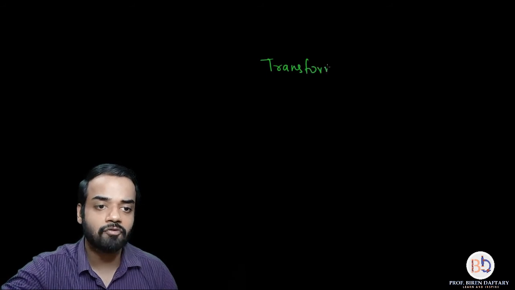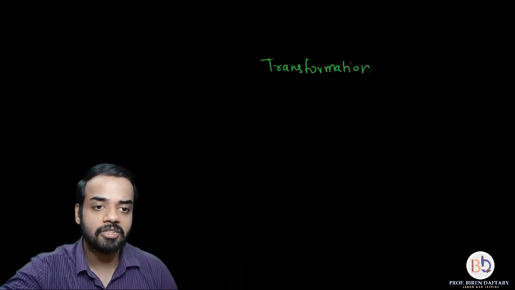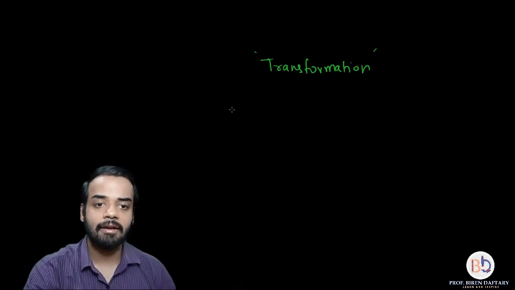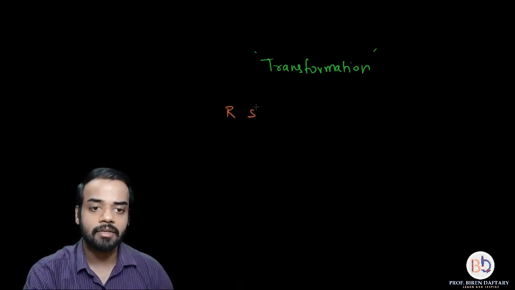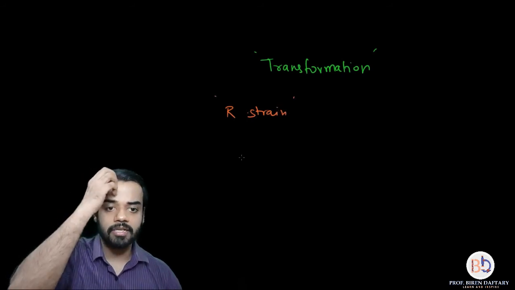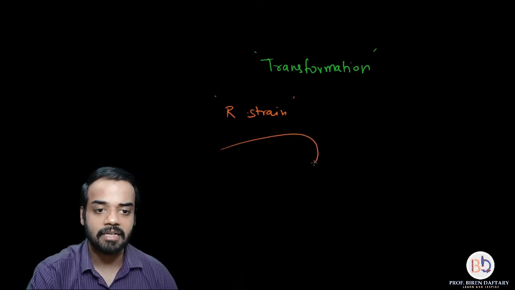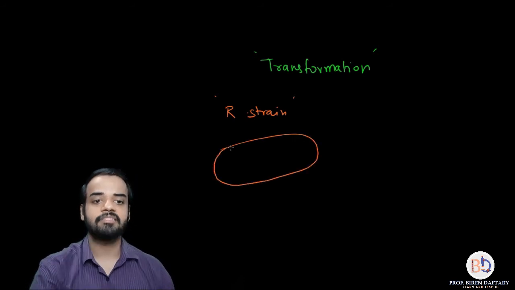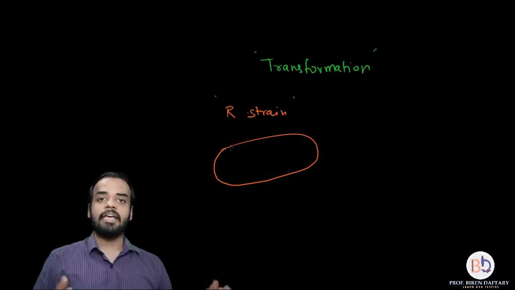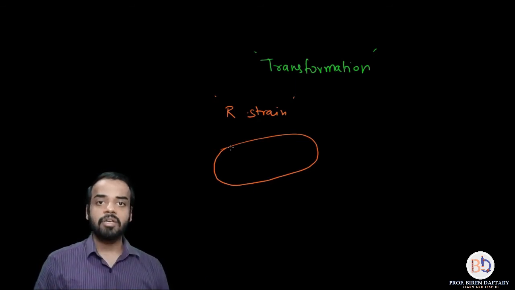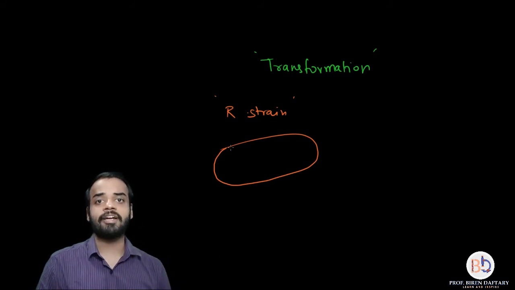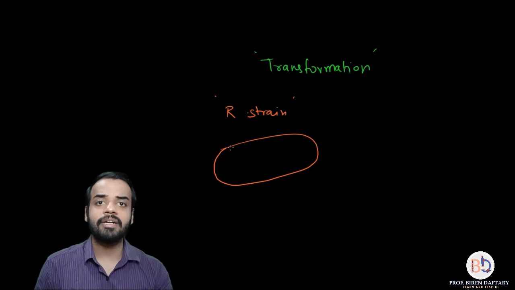Now what is transformation? See, pay attention over here. I am going to draw both the R strain and the S strain. On the left hand side, I am drawing the R strain version of Streptococcus pneumoniae. Okay, the R strain version is basically having the cell wall. I am not showing any capsule, and since every bacterium is a prokaryote, the genetic material is called as nucleoid. I think you know what a nucleoid is. Nucleoid is basically a DNA.